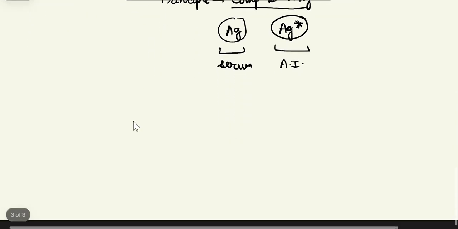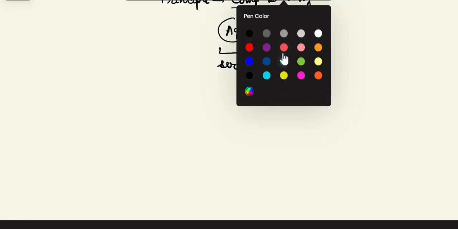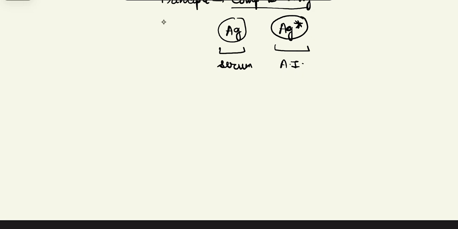So let us try to understand the procedure of RIA. It is not that complicated. We will easily understand how RIA is actually performed and why RIA is performed. So yes, here I am writing the procedure. See, first of all, what happens is that a particular specific antibody,